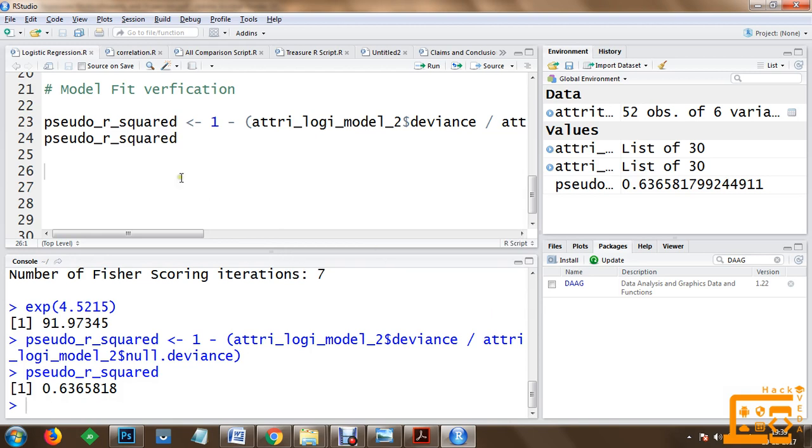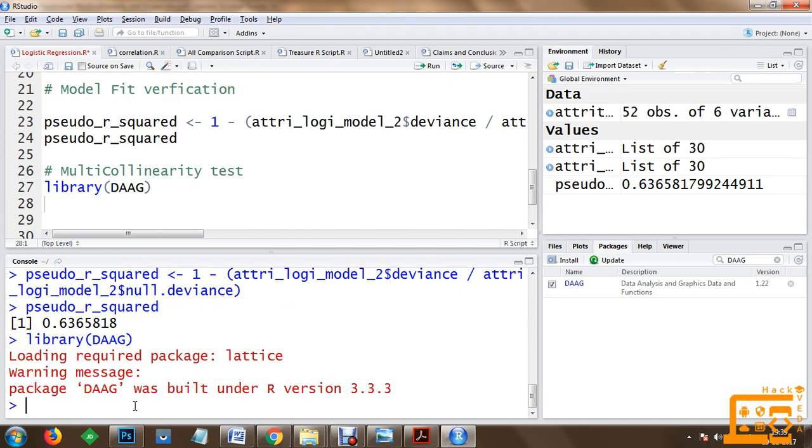Now, in order to check the multicollinearity test, we are going to include the library DAAG, and once this library has been included, we are going to use the VIF function. Let's show you. We can use the library DAAG. Once the library has been loaded, we are going to check the VIF function.